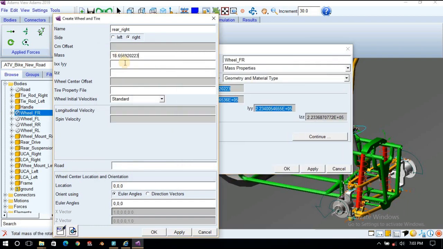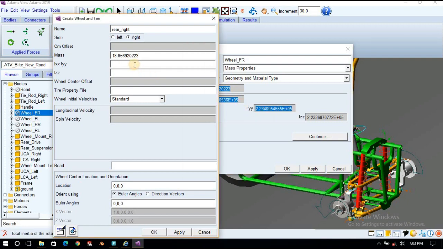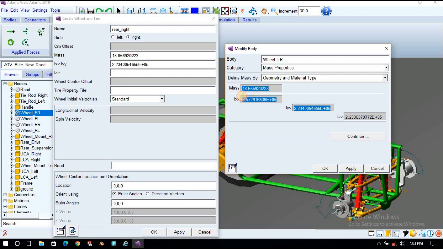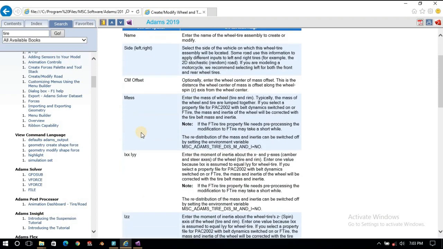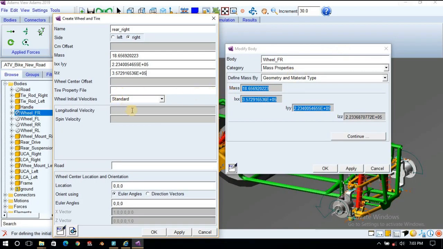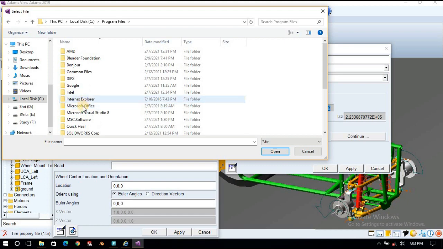If you have your own data, you can enter your data also, but make sure this mass is the collective mass of rim and tire, not only the tire. You will find everything in the documentation. This documentation is open, I open this help menu. So you can see mass: enter the mass of the wheel, so tire and rim collective mass, not only tire. Then for the property file, again you have to define the property file. We will use that same tire file.